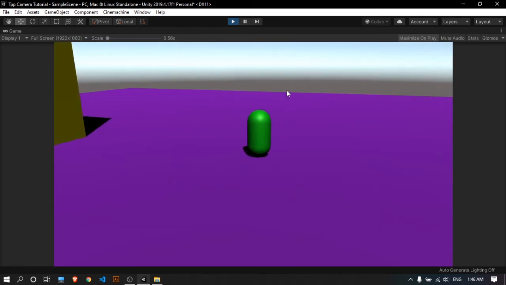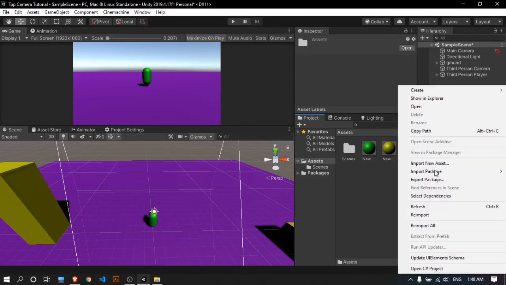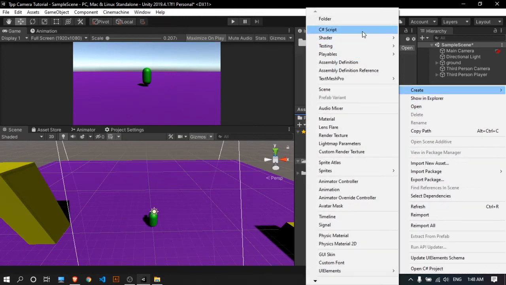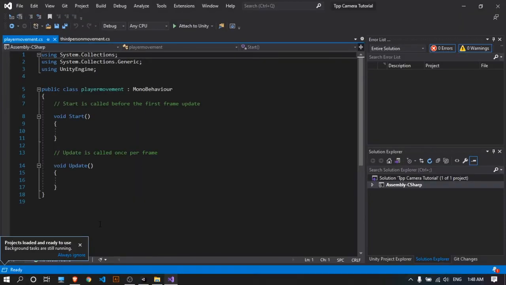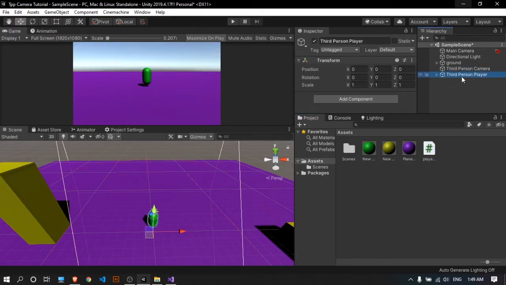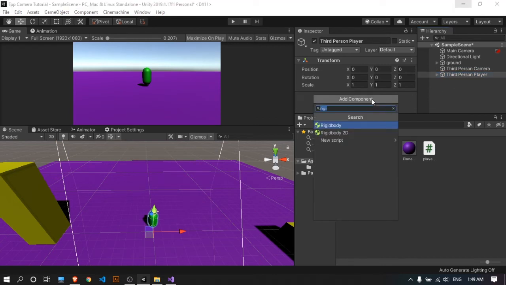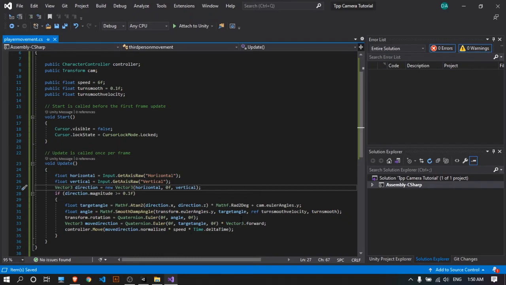And now let us set up the player movement. Alright, so for the player movement, we are going to go ahead and create a script, and we are going to call it PlayerMovement. Now I'm going to go ahead and finish writing the code and explain to you later how the code works. When we add movement to our player, we also need to add one more component to the player named Character Controller, which is going to control the movement of our player. Alright, so I've completed writing the code.